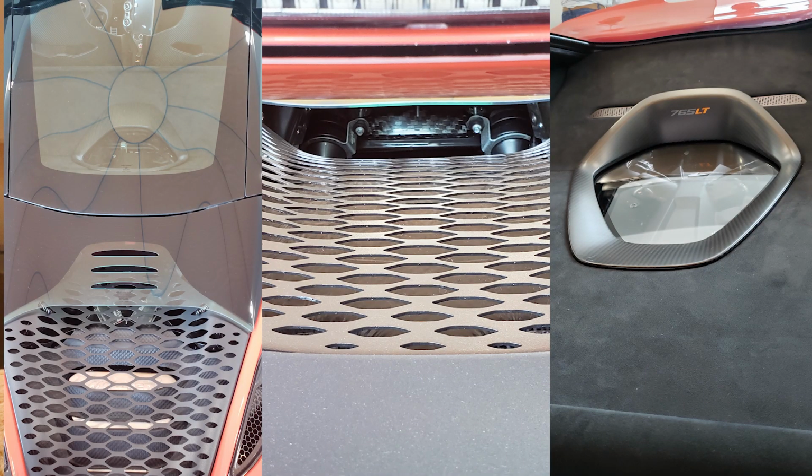So just really quickly, the new McLaren 765LT, it's a new addition to the Super Series that already includes the 720S. Of course, if you guys have seen the pictures, the 765LT is just the hardcore version of the 720S, just like the 600LT was to the 570. This car has the same 4-liter twin-turbo V8 that you find in the 720S and in the McLaren Senna. This car makes